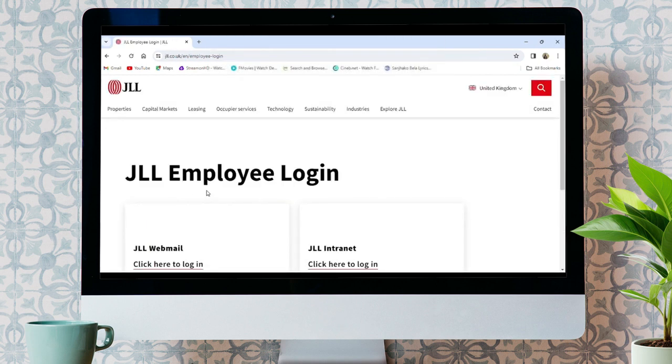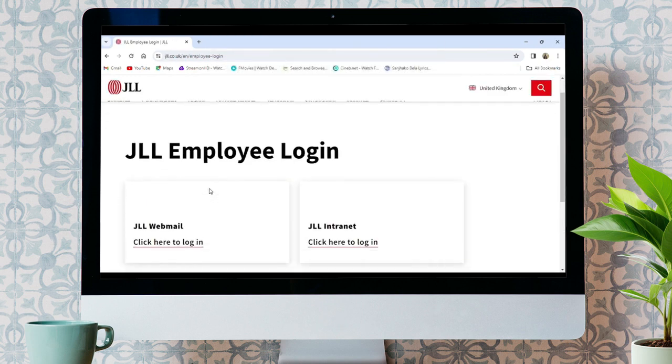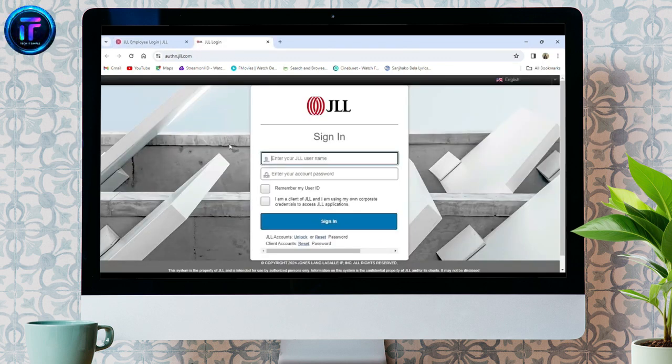www.jll.co.uk. It will then take you to the official website of JLL. Then, you can log in with your webmail or internet. Enter your username, then enter your password. To make login easier, you can click on Remember My User ID, but I do not recommend you doing it